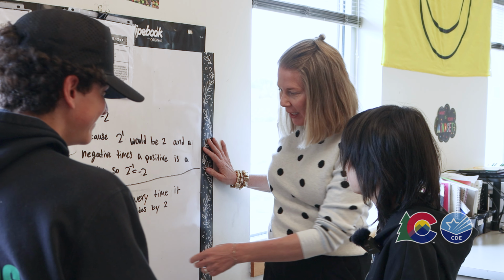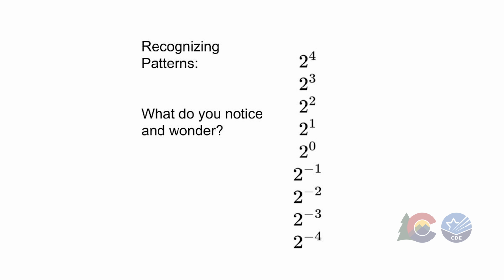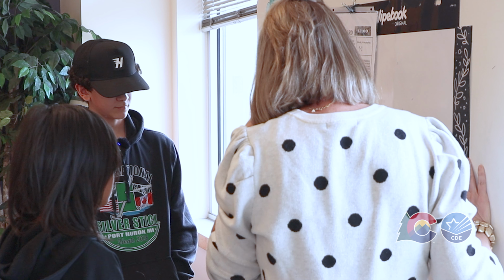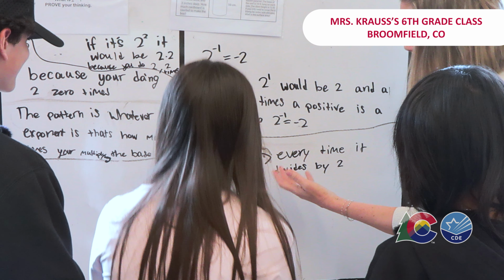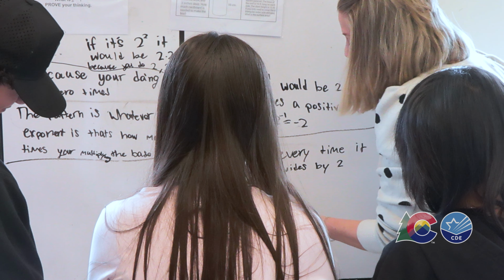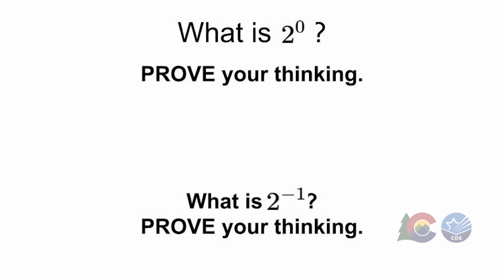Okay, so if we are dividing by 2 each time, right? So what's happening to the exponents? They're subtracting by 1. Okay, so they're 1 less than before, right? All right, so math is a series of patterns, right? So that means that 2 to the 0, do you believe 2 to the 0 is 1 based on this